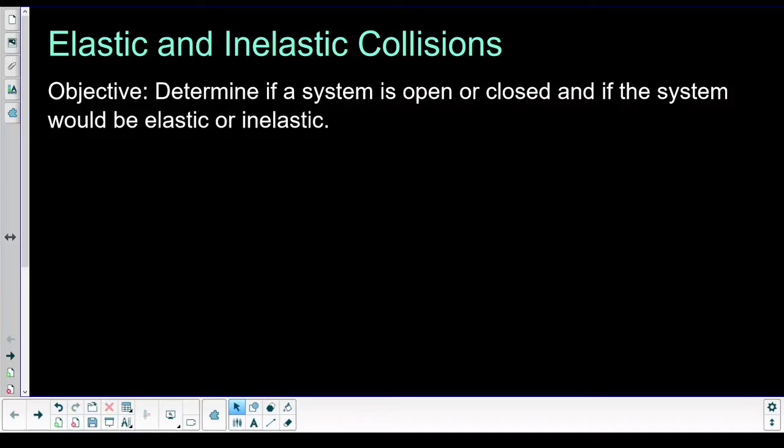Oh yeah, elastic and inelastic collisions. Duh. It's written right there on the board. Can't you see it? So this is potentially the last lesson in the unit,